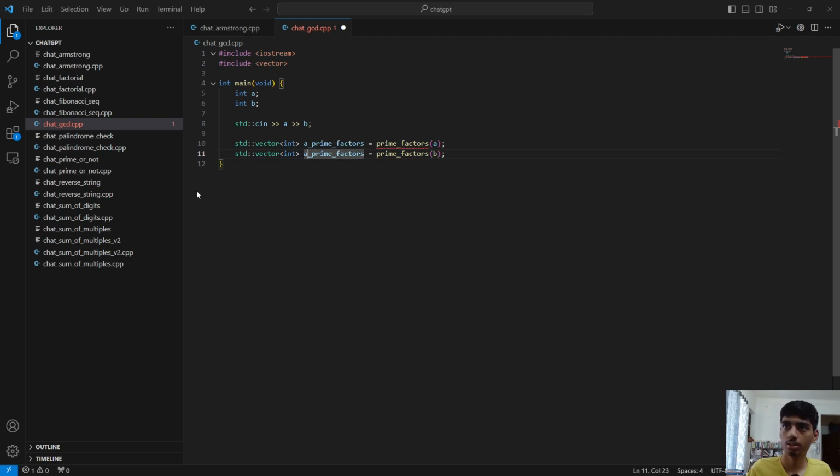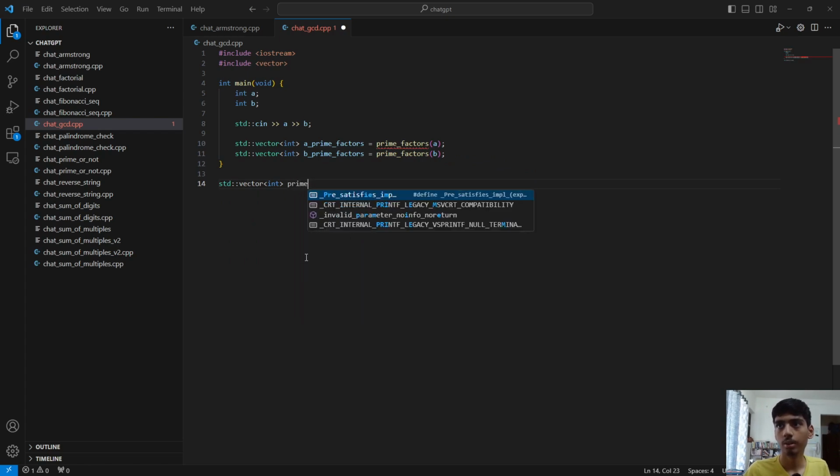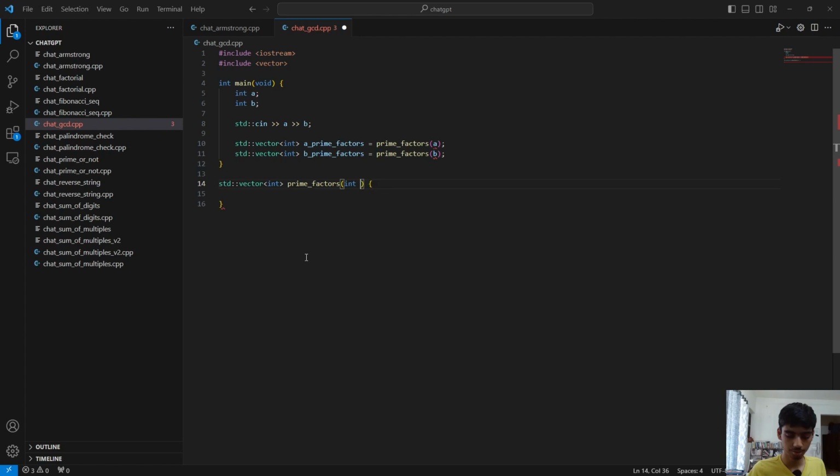And the same for b. A vector of int called prime factors with some integer a, or integer n, let's say. Okay, so now what? So first maybe we could do it like